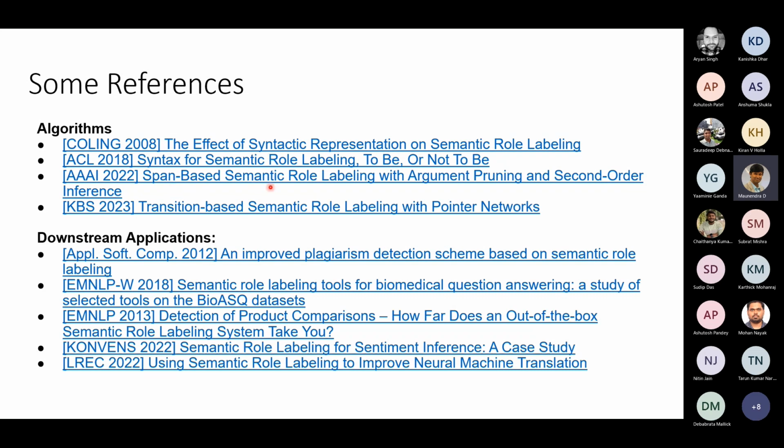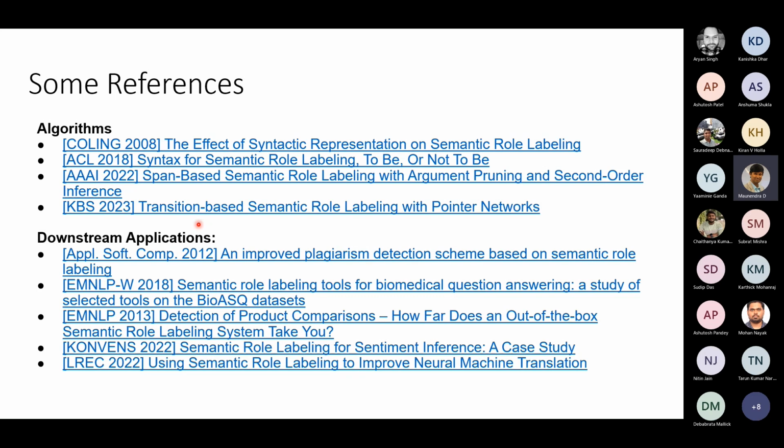Next one, span-based semantic role labeling with argument pruning and second order inference, where a pruning technique is used inside. The next one is transition based. Transition based parsers are quite commonly used in NLP, and this is transition based semantic role labeling with pointer networks, a very recent work. And we said that if semantic roles are identified correctly, they can lead to better performance in many